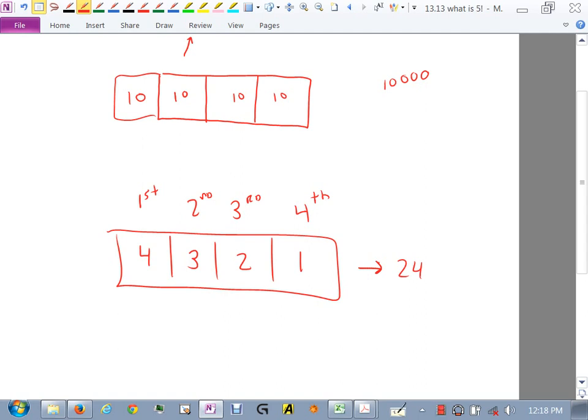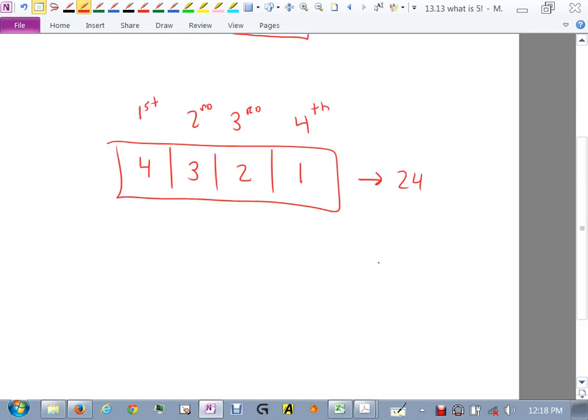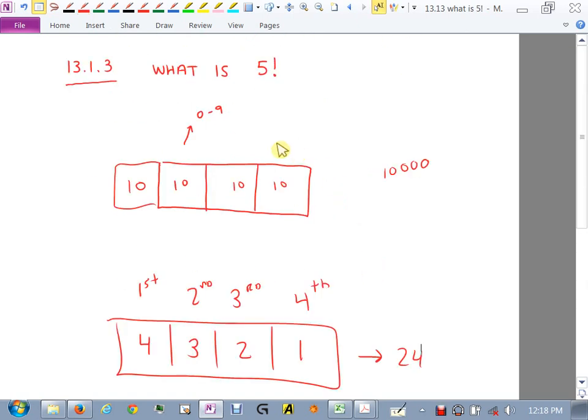So if you have 12 horses in a race, how many different ways can they come across the line? 12 times 11 times 10 times 9 times 8 times 7 times 6 times 5 times 4 times 3 times 2 times 1. Now who wants to write that out? Nobody. So what we do is we use an exclamation point to represent that multiplication. 5 with an exclamation means 5 times 4 times 3 times 2 times 1. That's what it means. It's just notation, and what it is called is factorial. It's called the factorial.